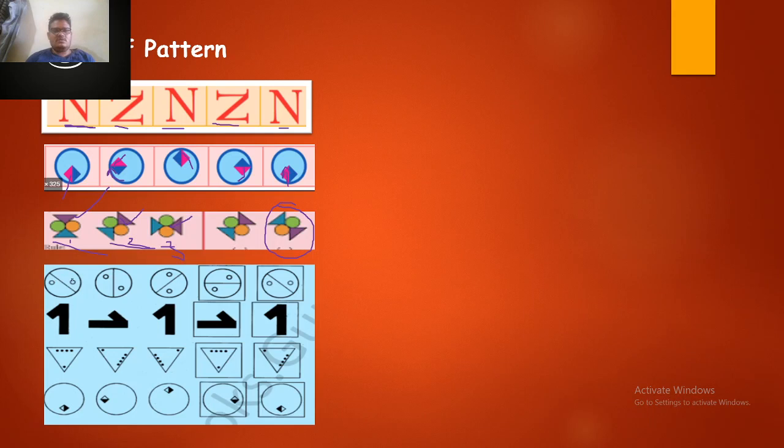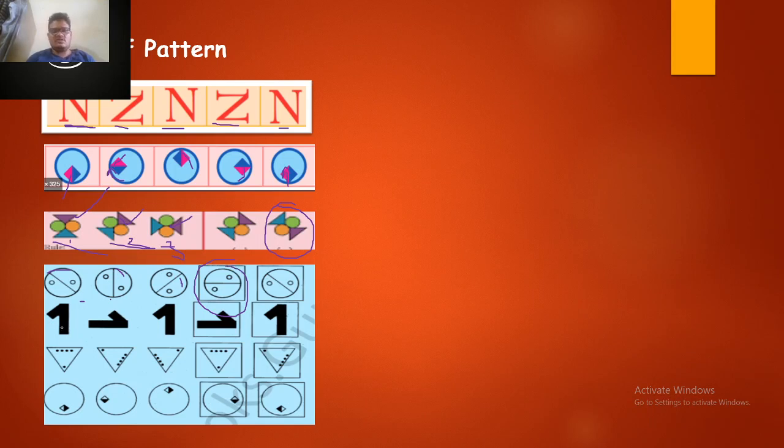In the same way, again you can see this circle is divided into two parts and one diameter is given here in the middle. In the next step the diameter is here, meaning it turns from here to here. And this one is also turning. In the next step it turns from here to here, then here it came, and when we turn it, it will become here. So what will be the next step? This will be the correct answer for this.